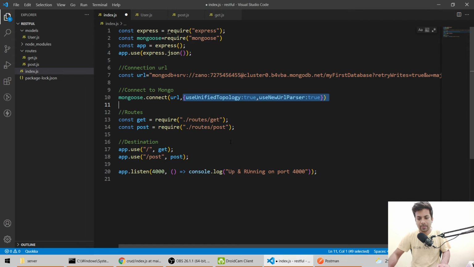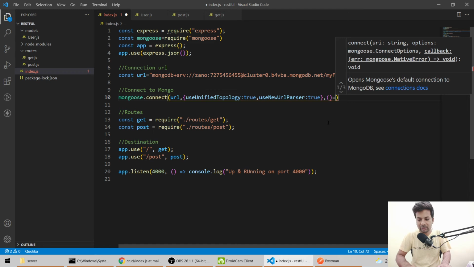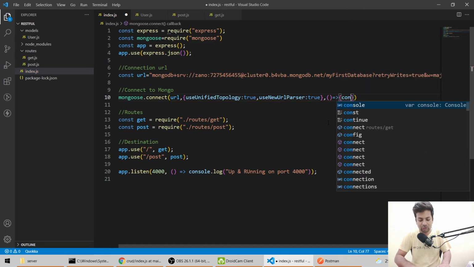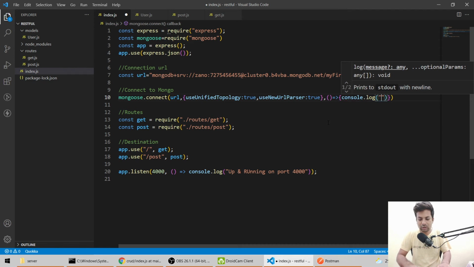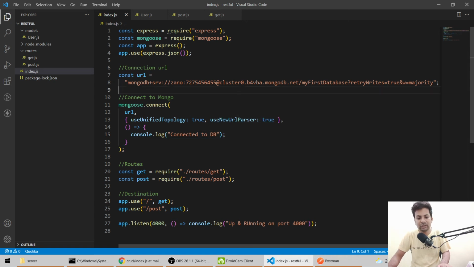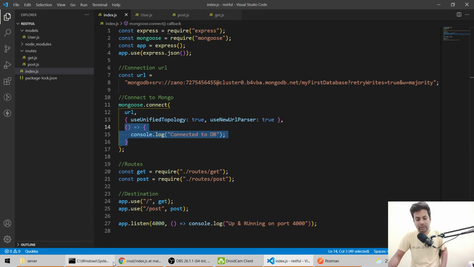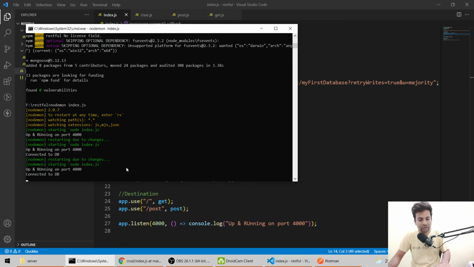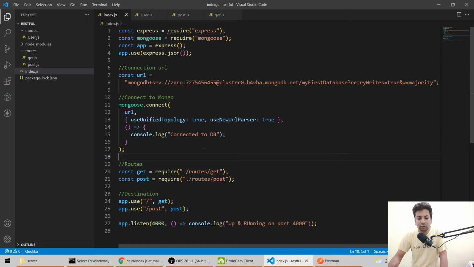Now when it is done, when the connection happens, we'll make a function and write console.log connected to DB. So it's simple, we have pasted the URL here. Then for the connection we'll say connect to this URL and use these options, and when it's connected just print it, so we can know. It's not necessary, but we should know. So let me just see, it's showing connected to DB because it automatically restarts, as you know. So now everything is done.